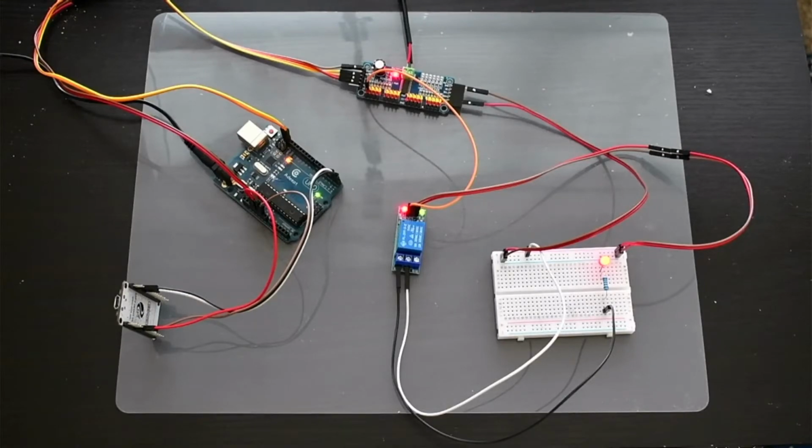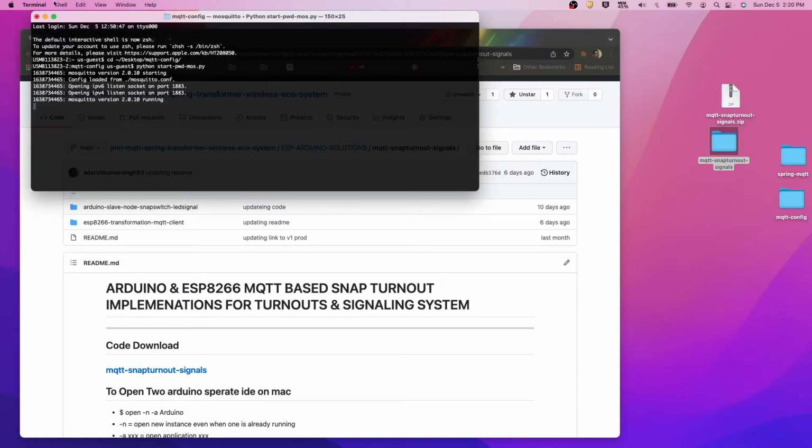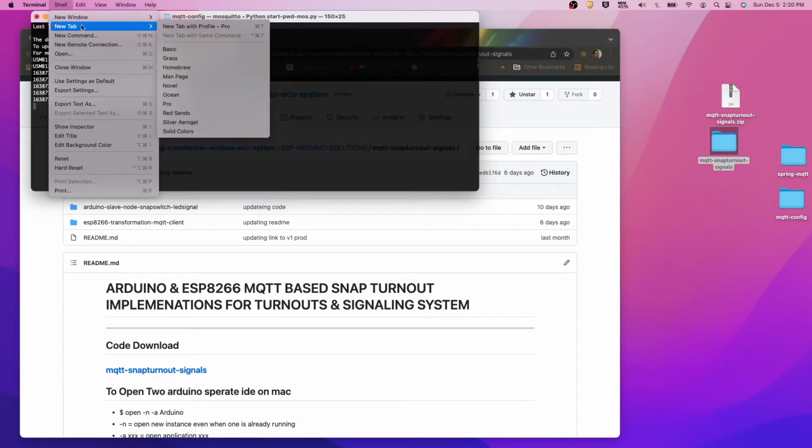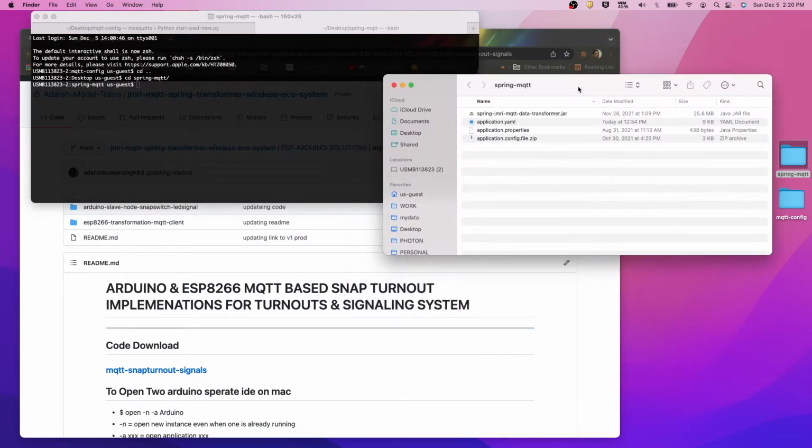So in the next section what we will do, we'll start the Spring Boot application. CD. So we will go inside the first into the Spring.